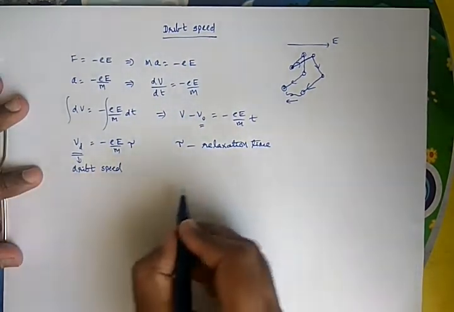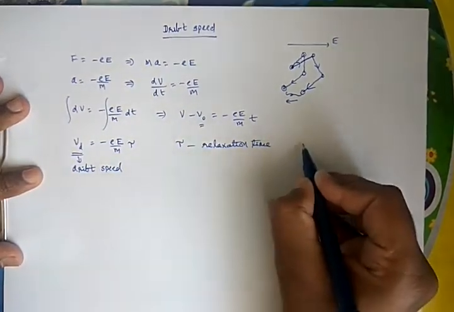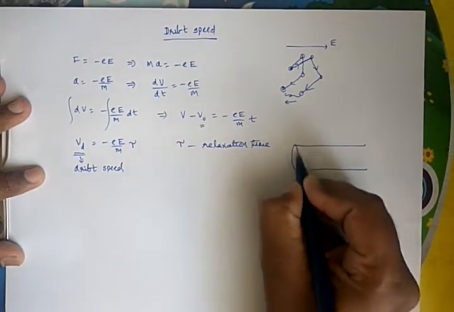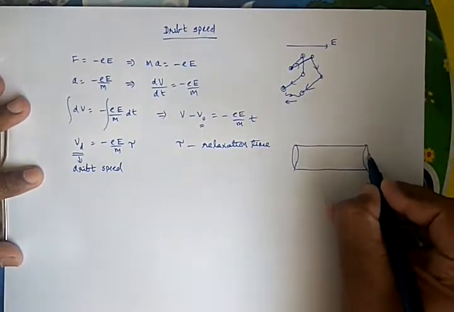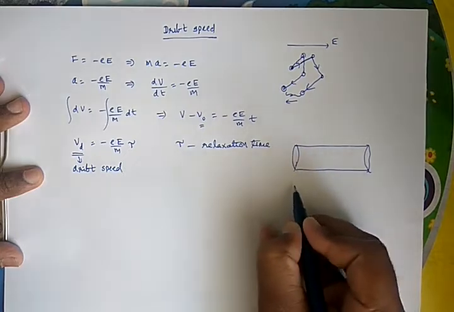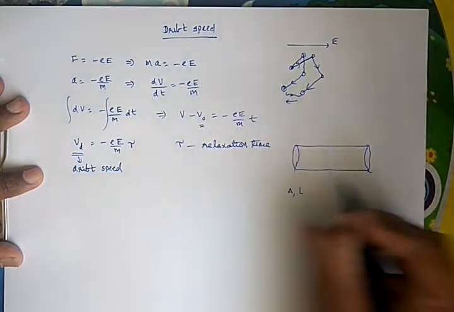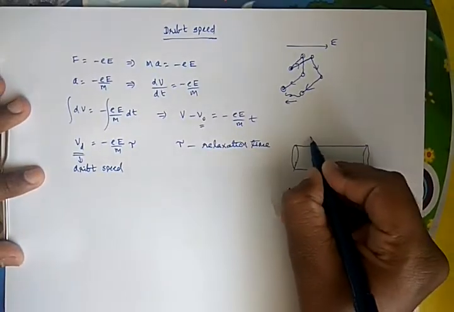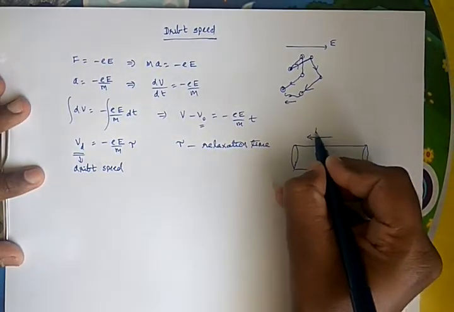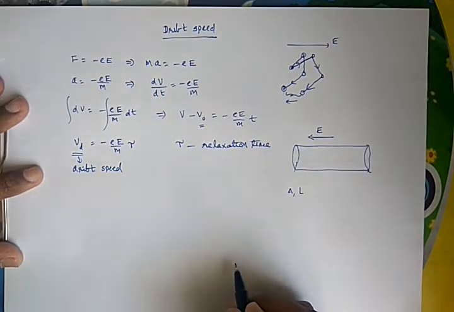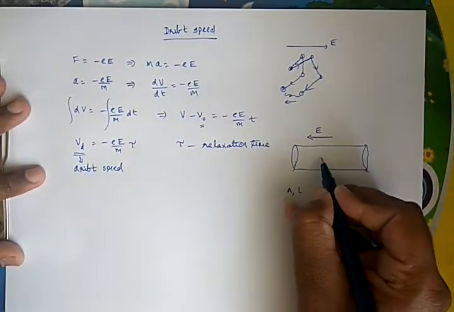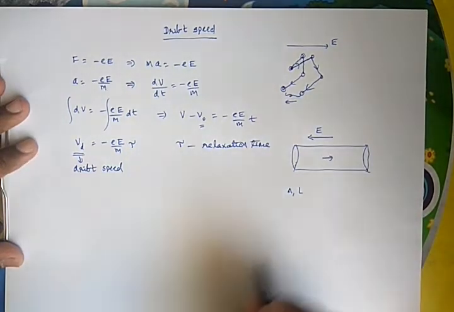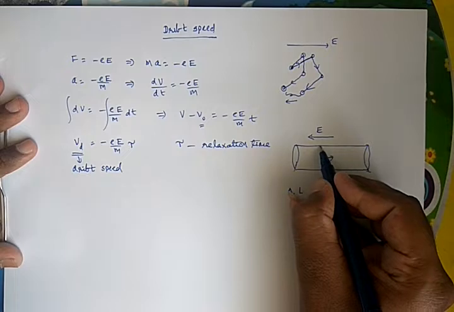Now in this case, let us consider once again one cylindrical conductor here. Say the area of the cylinder is A, and the length of the cylinder is L. Now I am applying an electric field in this direction. If I apply the electric field in this direction, then electrons will be drifting in that direction,